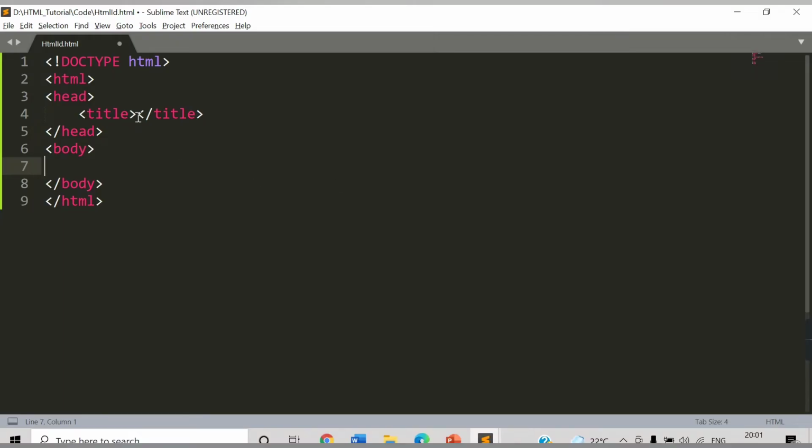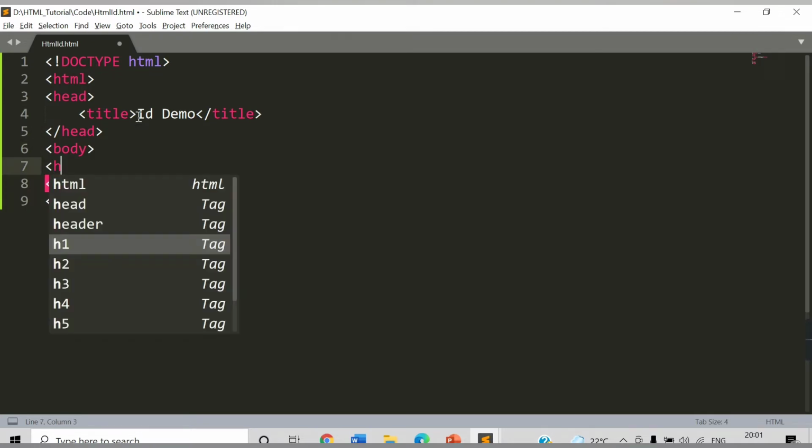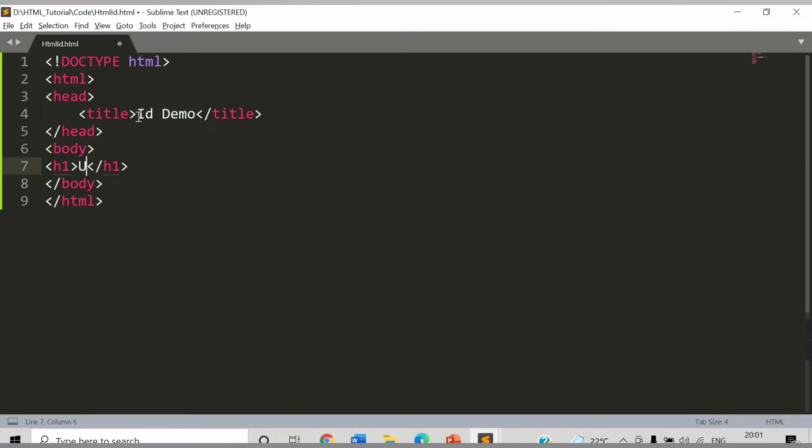So this is the one HTML file we have. Let me provide the title ID demo, and inside body let's say we have tags. Let's say an h1 tag with the text "unique text in file", and below that we have different tags.